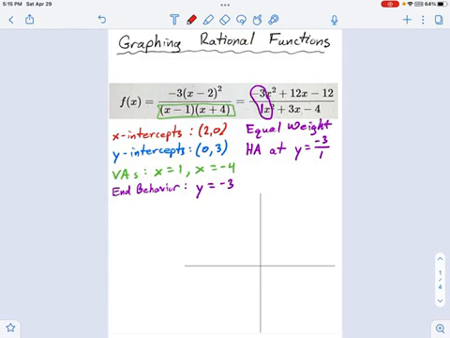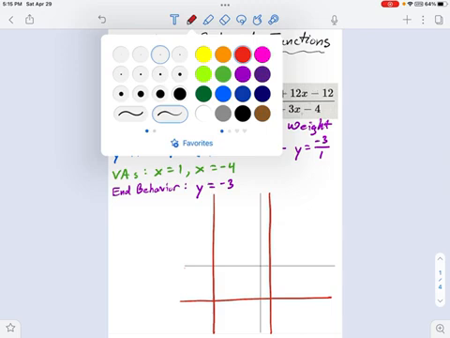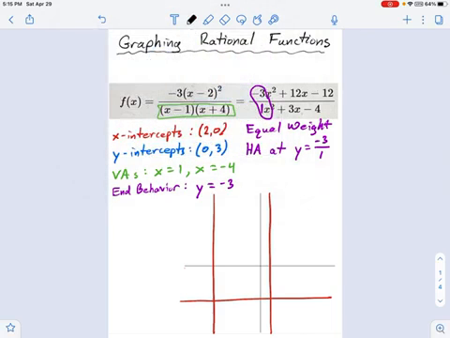Okay? So let's start graphing this thing. I'm going to put all asymptotes in red, because I like having my asymptotes in red. They look dangerous. Don't touch them. Negative 3 for the horizontal asymptote. Vertical asymptotes, what were these? 1 and negative 4. Something like that. So there's my asymptotes. I'm going to draw the intercepts in black. I've got an x-intercept at (2, 0), a y-intercept at (0, 3). I don't know, somewhere around here.